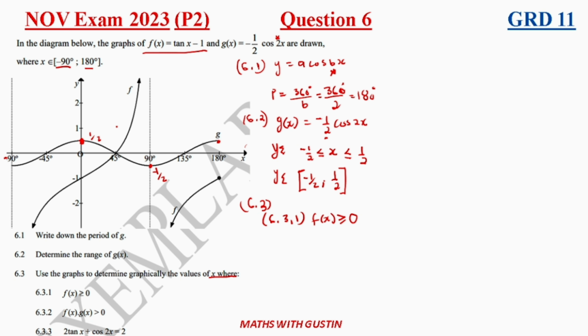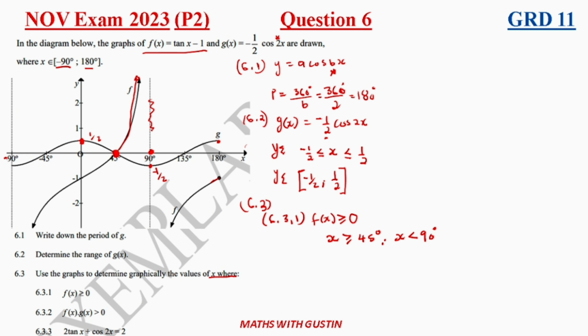All right, so f of x is what? It is the tan function. So let's look at it here. The tan function is below, but starting from here, the tan function is now above the x-axis all the way, but however it doesn't touch here because it's the line of asymptote at 90. Other than that, the rest of the function is below. So how are we going to state this? We are going to say, okay, we are looking for instances where x is greater than or equal to 45 degrees. However, it should be less than